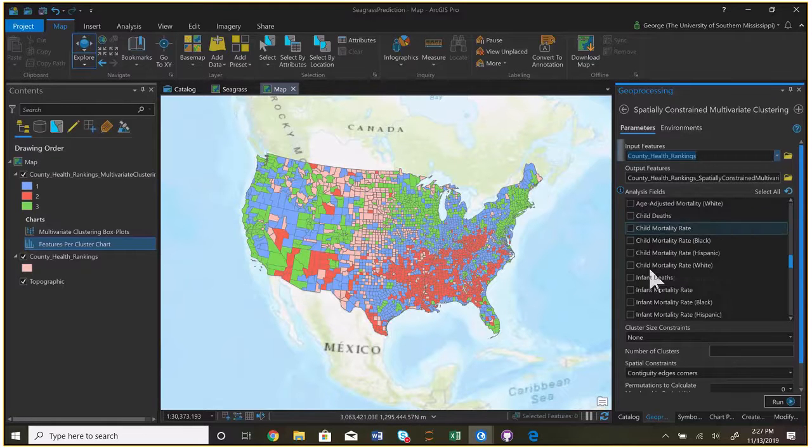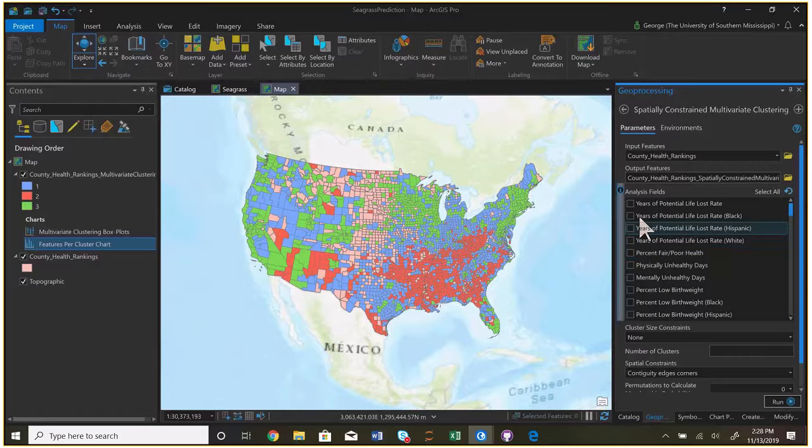anyway, I don't know which all ones we selected before, but it doesn't really matter because this is homicide rate. That's the only difference between the multivariate clustering and the spatially constrained, that each group has to be touching. Right, they have to be touching, and so it'll compromise. Basically, what it does is it includes space as another dimension, and that spatial relationship must be considered. Okay, so